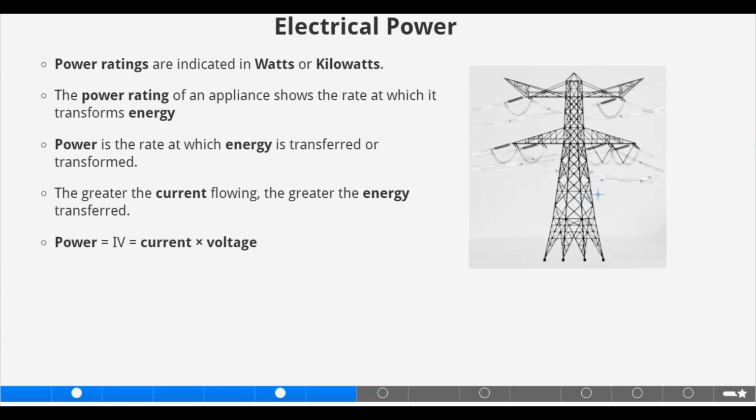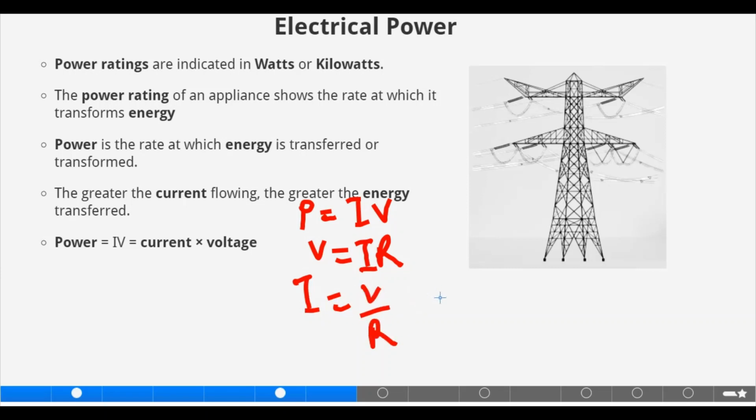formulas for power. For instance, the generic or simple formula is P is equal to IV. Don't forget that from Ohm's law, V is equal to IR. That means I can write the formula of power in terms of either current, voltage, or resistance. Let's try and write it in terms of the resistance now. That means I is equal to V over R. Then power now becomes, where we have I, we substitute V over R, V over R times V. That gives us V squared over